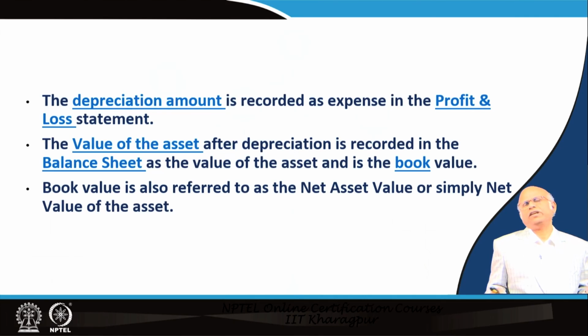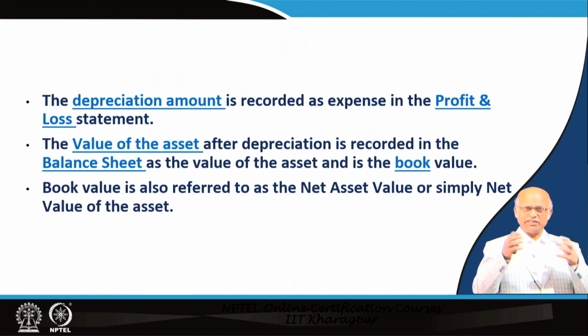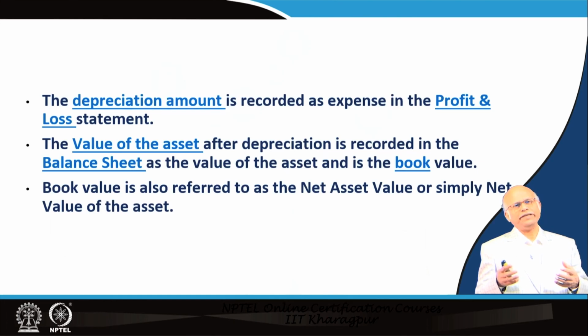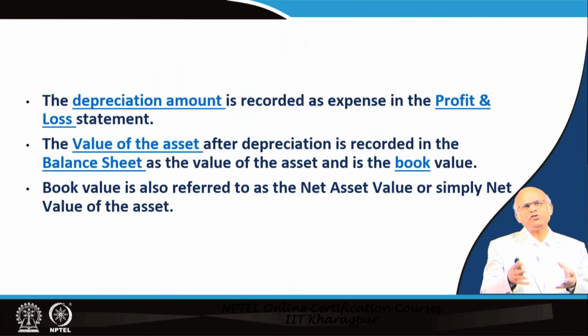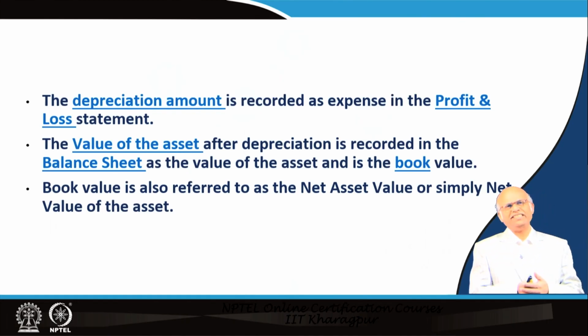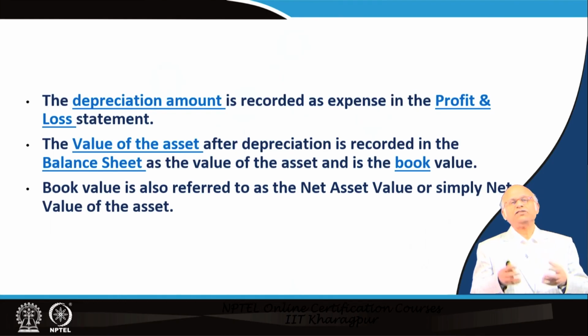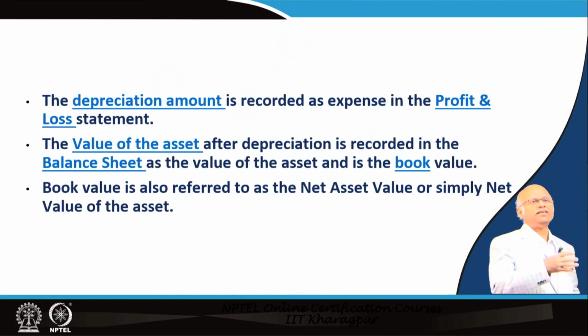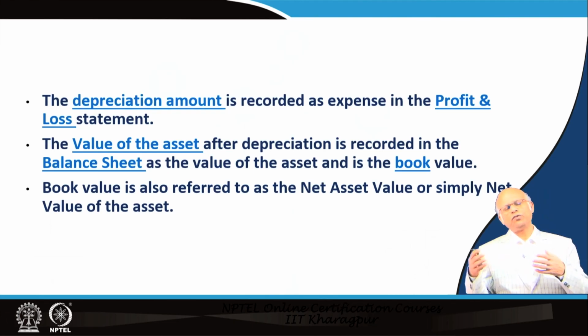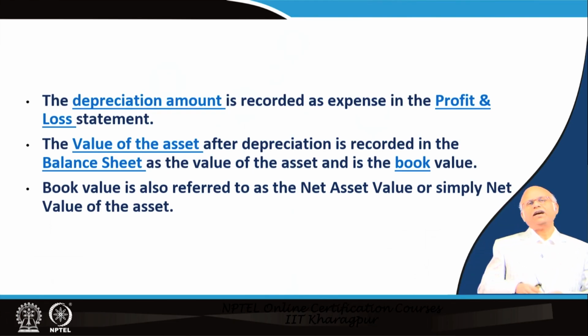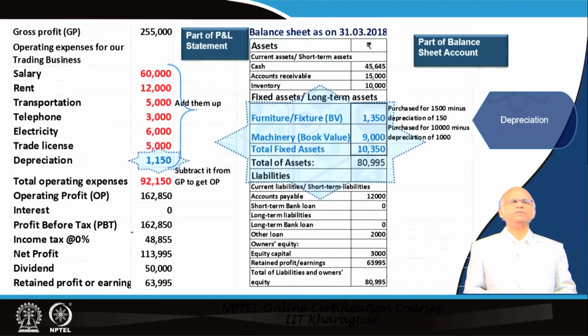The depreciation is recorded as expense. See the difference between cost and expense. Cost is what you incur to procure an asset. When you consume the asset, that becomes expense, meaning that is what is used up. So, you bought a machine, you have used up only a small part of the machine in a year, that is what is depreciation. So, that becomes an expense that you charge to the profit loss account. So, depreciation also is charged in the profit loss account, and you estimate profit before tax, and whatever remains, that becomes your book value of the